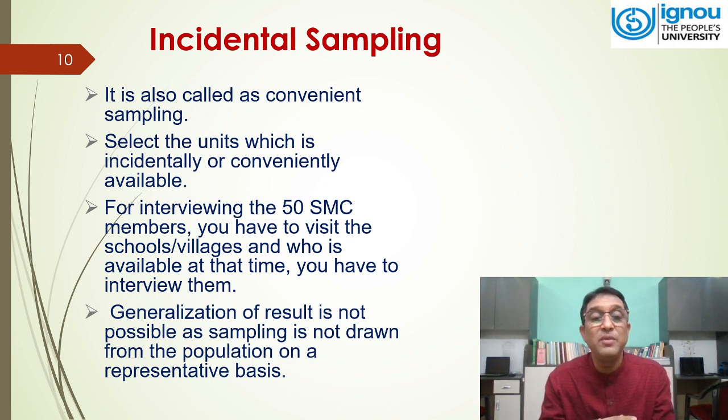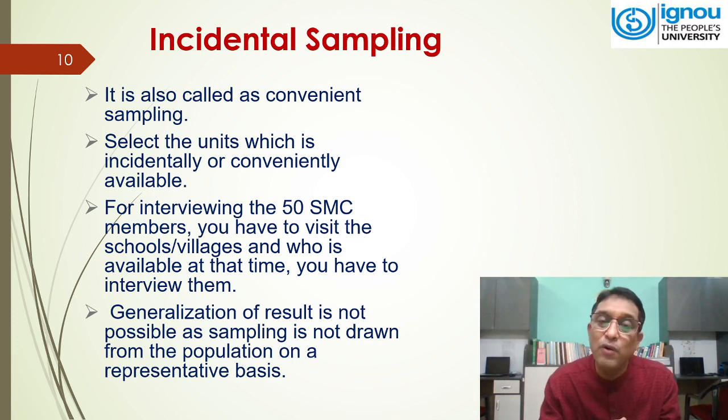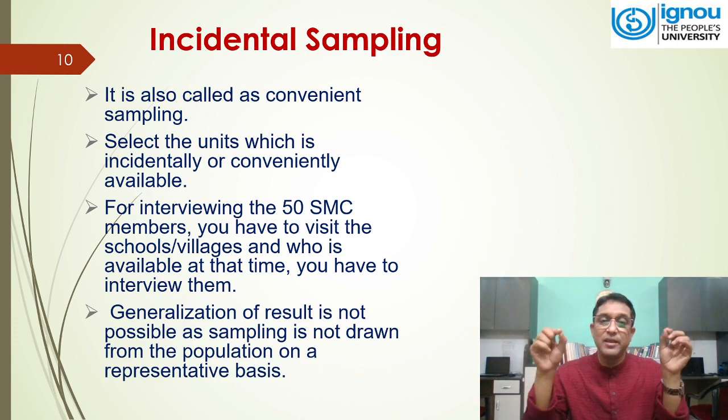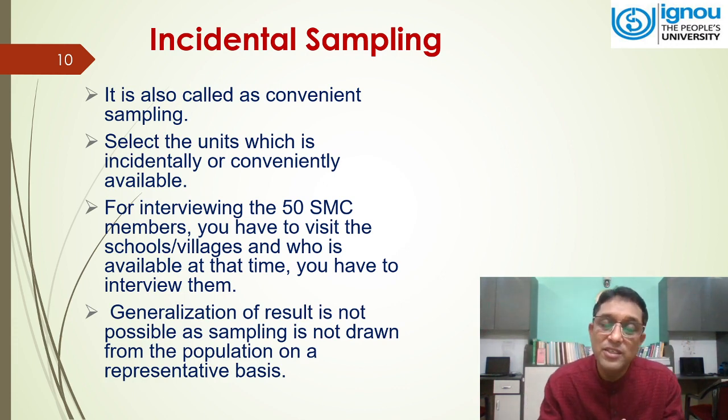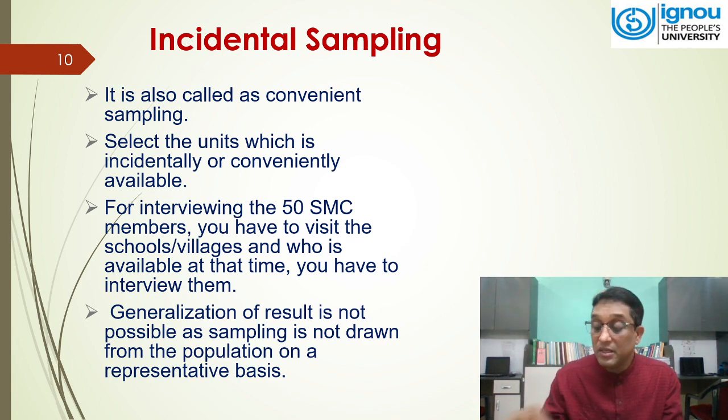But many times we do incidental sampling. कभी कभी सर्वे में आप देखे होंगे विदाउट एनी नोटिस, गवर्नमेंट डिपार्टमेंट्स हो या कुछ NGOs हो, वो गांव को आते हैं, आकर पूछते हैं. ओके, विलेजर्स को, रेसिडेंट्स को आकर वो पूछते हैं, डिफरेंट इंफॉर्मेशन लेने के लिए आते हैं और प्रायर नोटिस कुछ नहीं देते. So you can say that is a type of incidental sampling. जो मिला उसे वो ले लिए. Next,